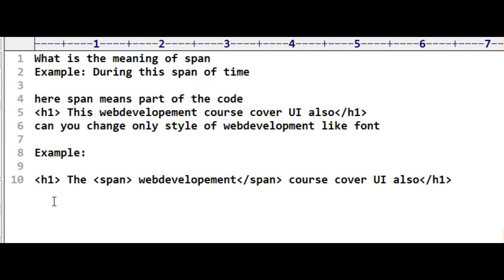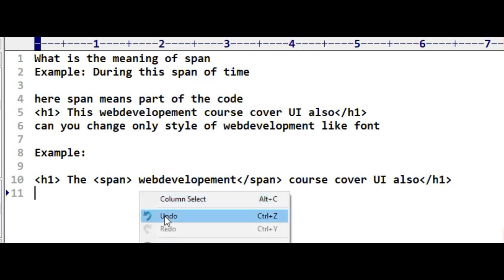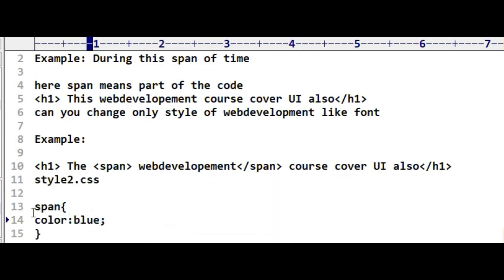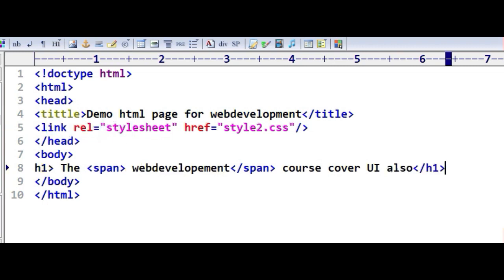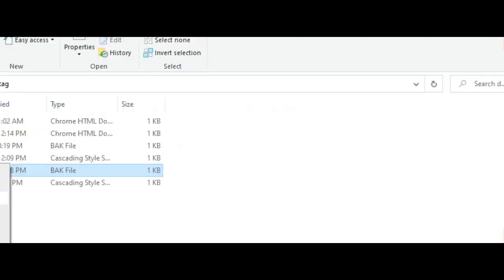How can we change it? In style 2, what are we going to use? We are going to use span instead of div. It is written here rel stylesheet. I want to save it. Then what is style 2 here?